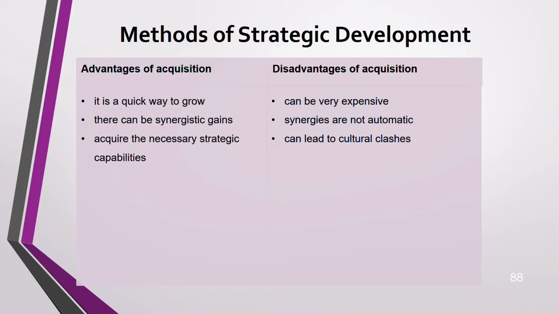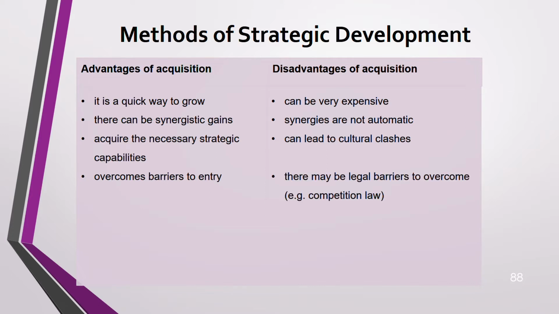Then, overcome barriers to entry. Through acquiring, you overcome the barriers to entry. But there may be legal barriers. What is it? Competition law. Government might stop the acquisition from going ahead because they think if you keep on acquiring your rivals like this, you will become very powerful or maybe a monopoly one day. So government wants to keep competition in the economy so that goods and services are competitive, of the utmost quality, and customers are protected. So legal barriers might stop the acquisition from going ahead.